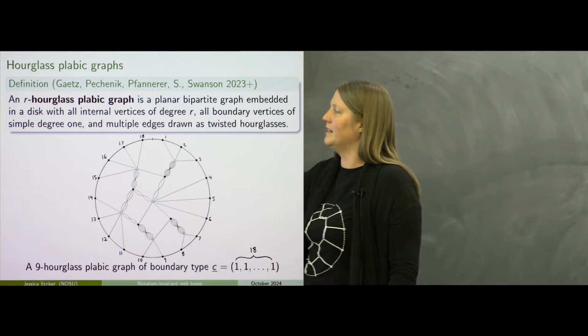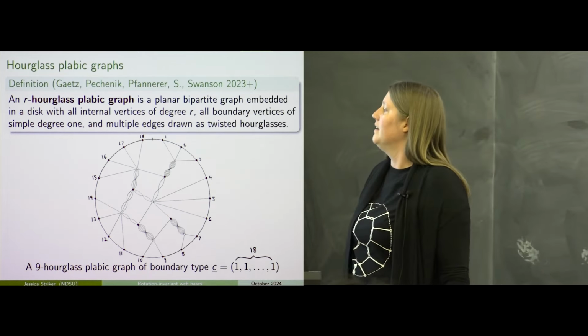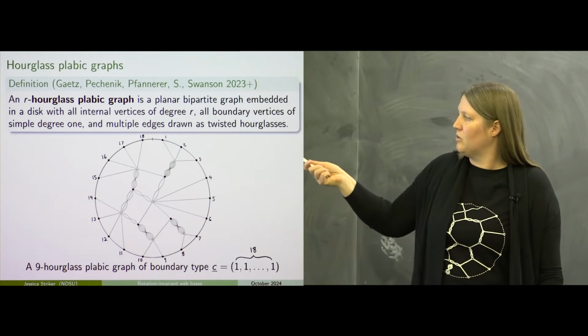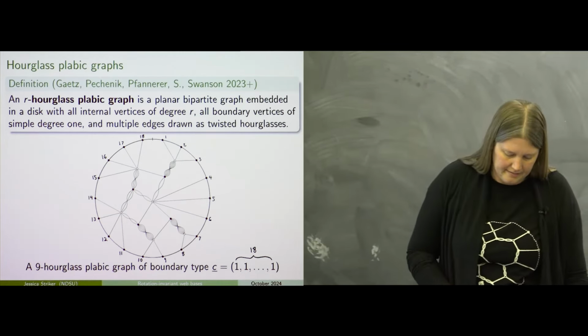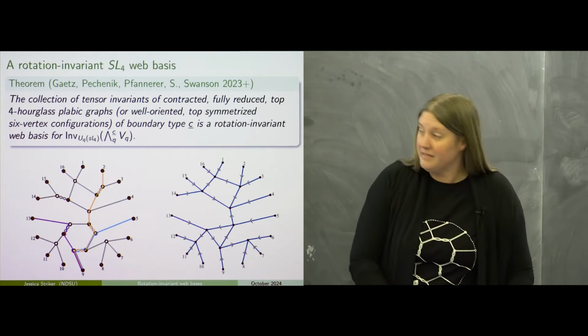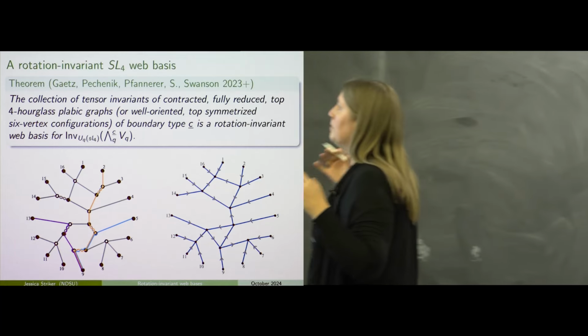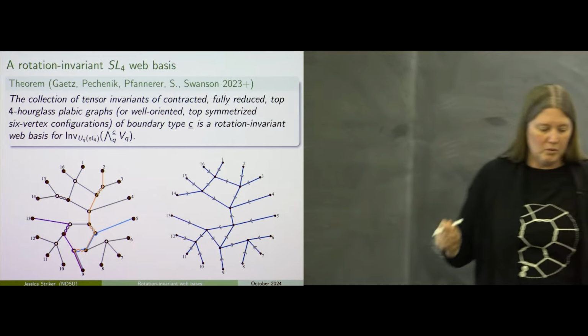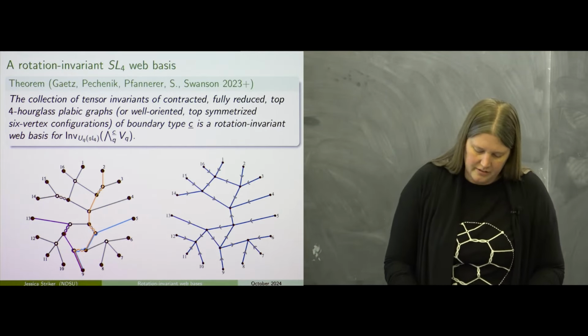So you can see these onion hourglassy things can get kind of big. But there's one, this is a 9 hourglass plabic graph because every vertex has degree 9 in the interior. Okay, so these are very pretty pictures, but more than being pretty pictures, the reason that we were interested in these is we were able to figure out that these pictures represent